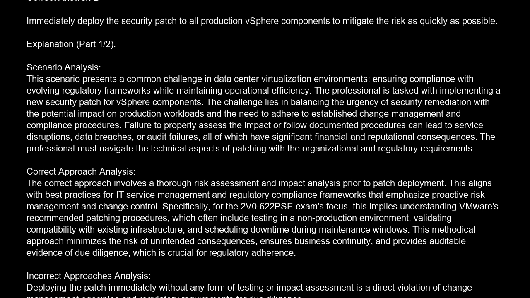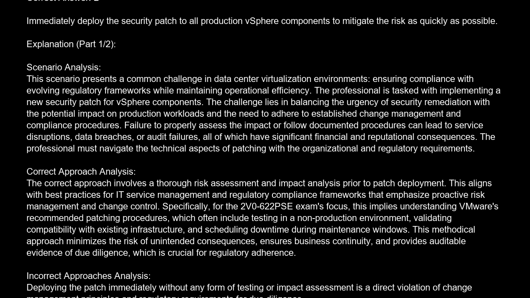The correct approach involves a thorough risk assessment and impact analysis prior to patch deployment. This aligns with best practices for IT service management and regulatory compliance frameworks that emphasize proactive risk management and change control. Specifically, for the 2V0-622 PSE exam's focus, this implies understanding VMware's recommended patching procedures, which often include testing in a non-production environment, validating